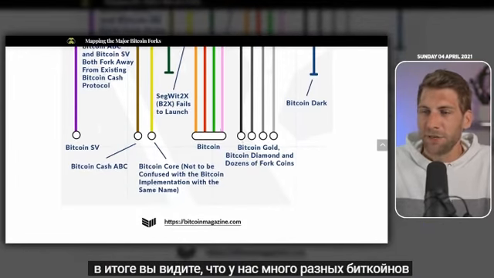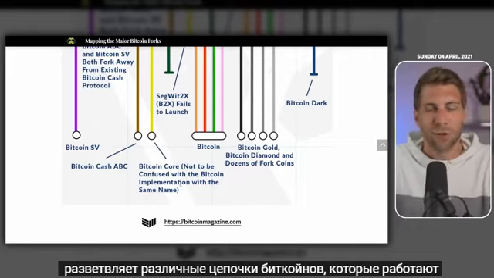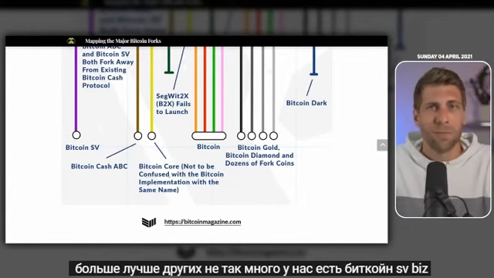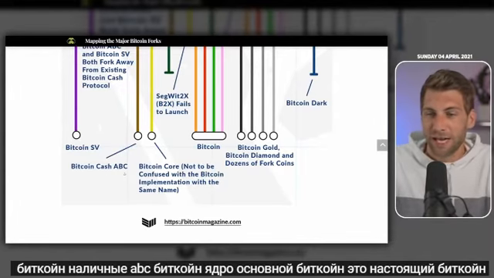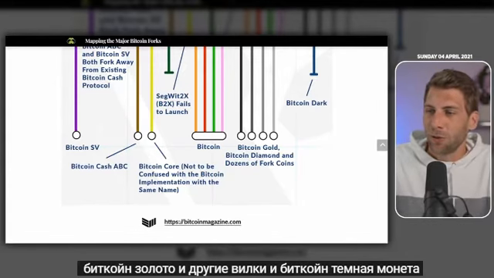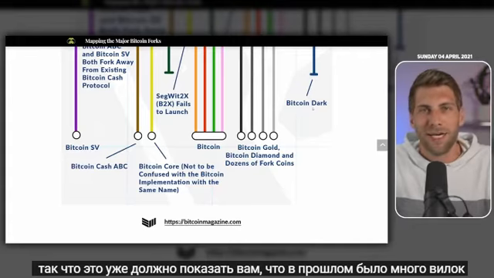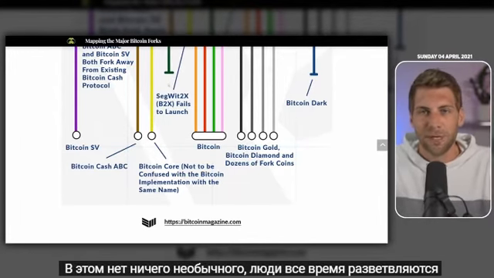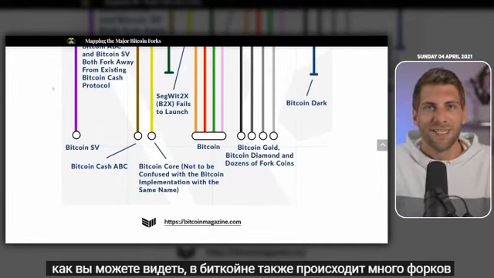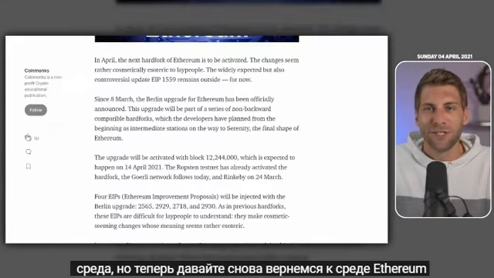But by the end, you can see we have a lot of different Bitcoin forks, different Bitcoin chains, some working better, others not so much. We have Bitcoin SV, Bitcoin Cash, ABC, Bitcoin Core, main Bitcoin, this is the real Bitcoin, Bitcoin Gold and other forks, and the Bitcoin Dark Coin. So this should show you already that a lot of forks happened in the past. This is nothing unusual, people forking all the time. As you can see, there are many forks happening also in the Bitcoin environment, but now let's proceed to the